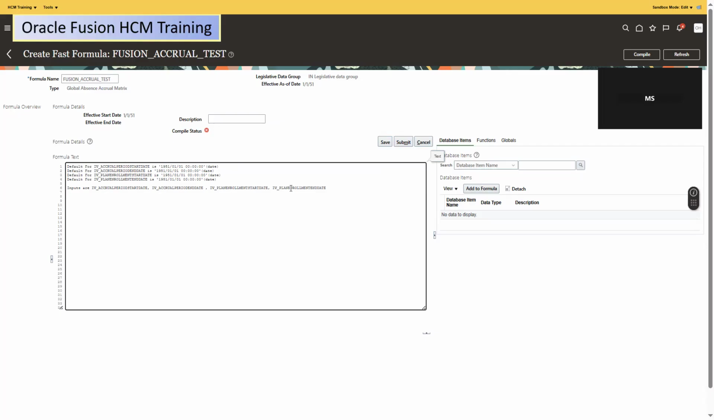Now, let me initialize some variables as well. So now, I'll just directly do it. Start date is the greatest of these two dates. Whatever is the greatest, I need that. Where is it? And end date is the least of